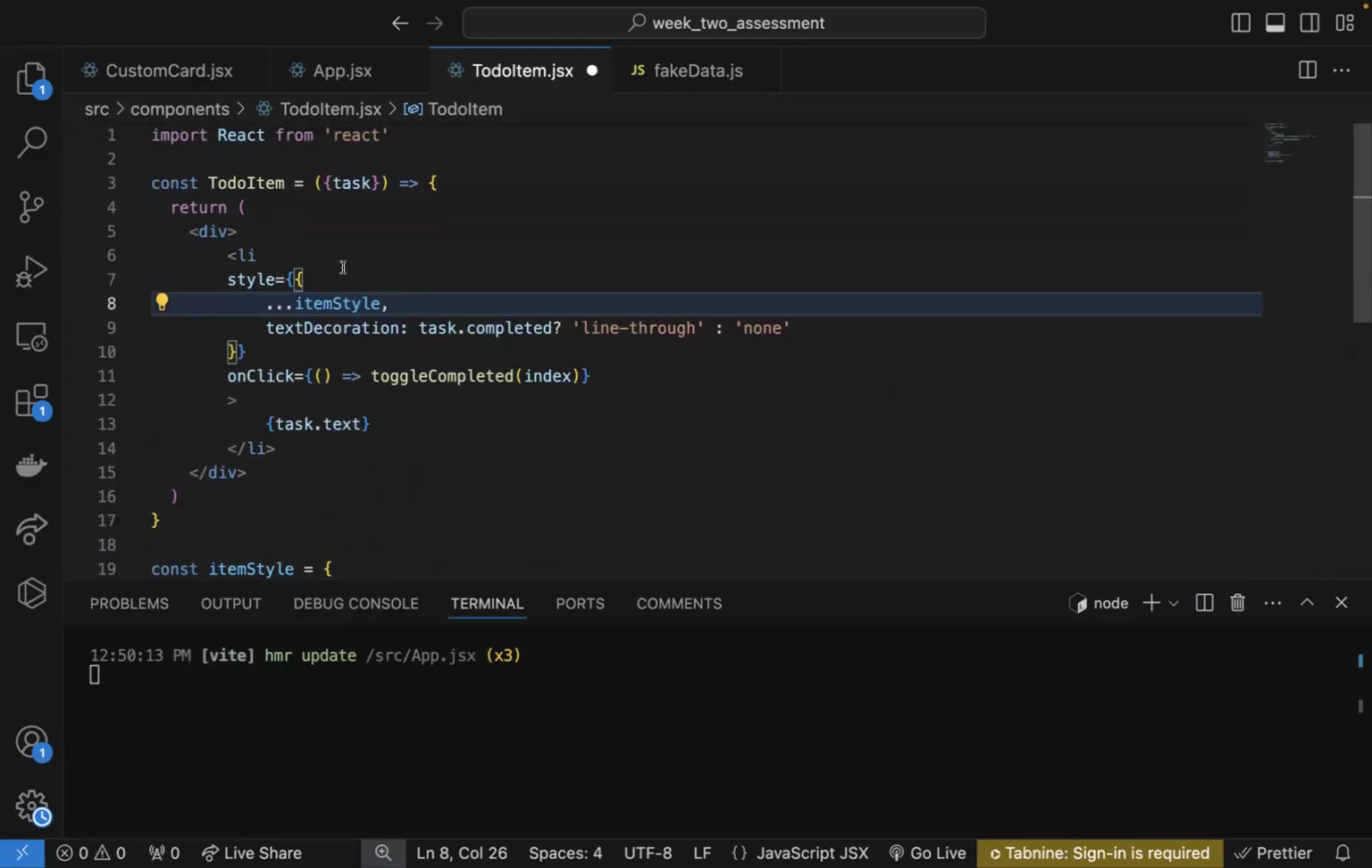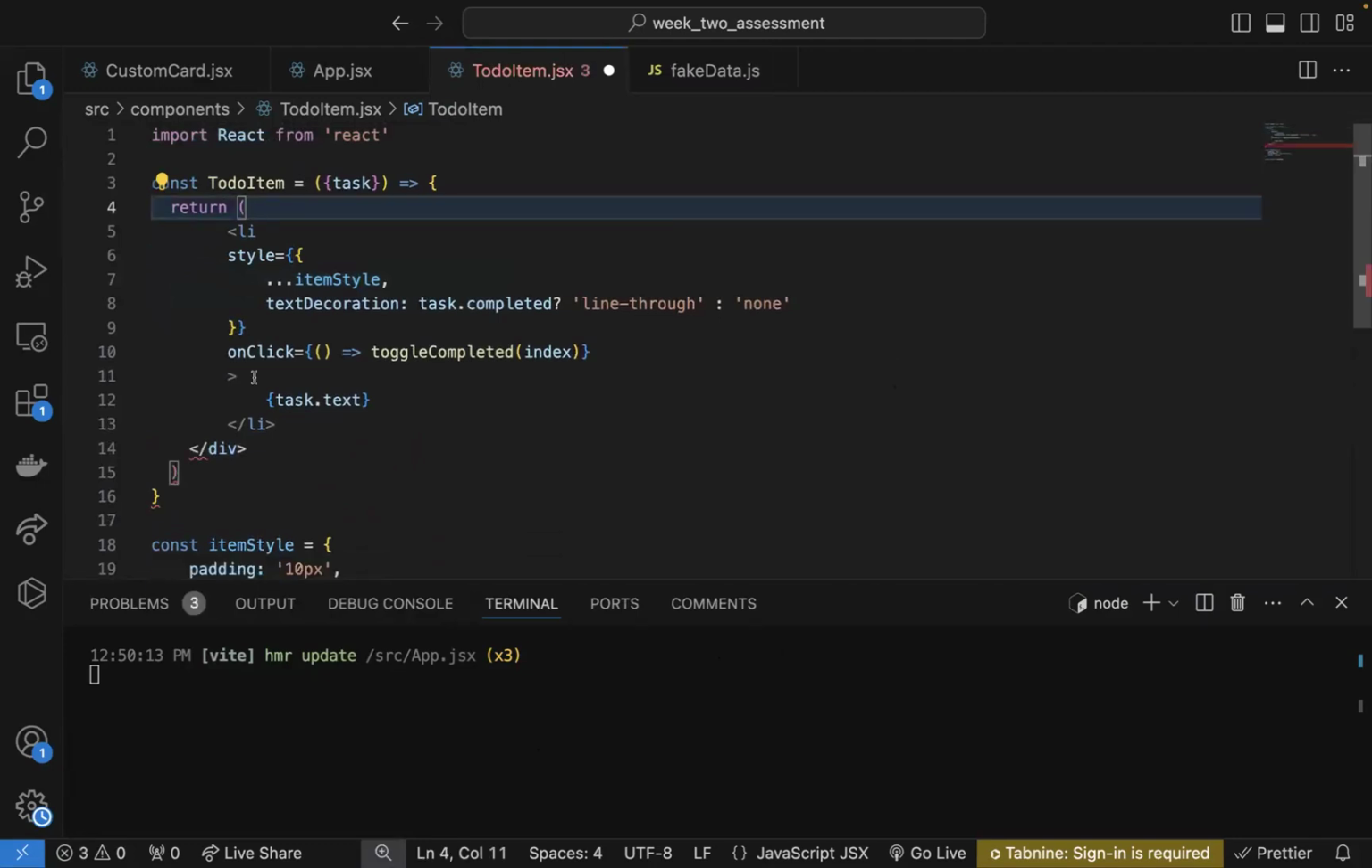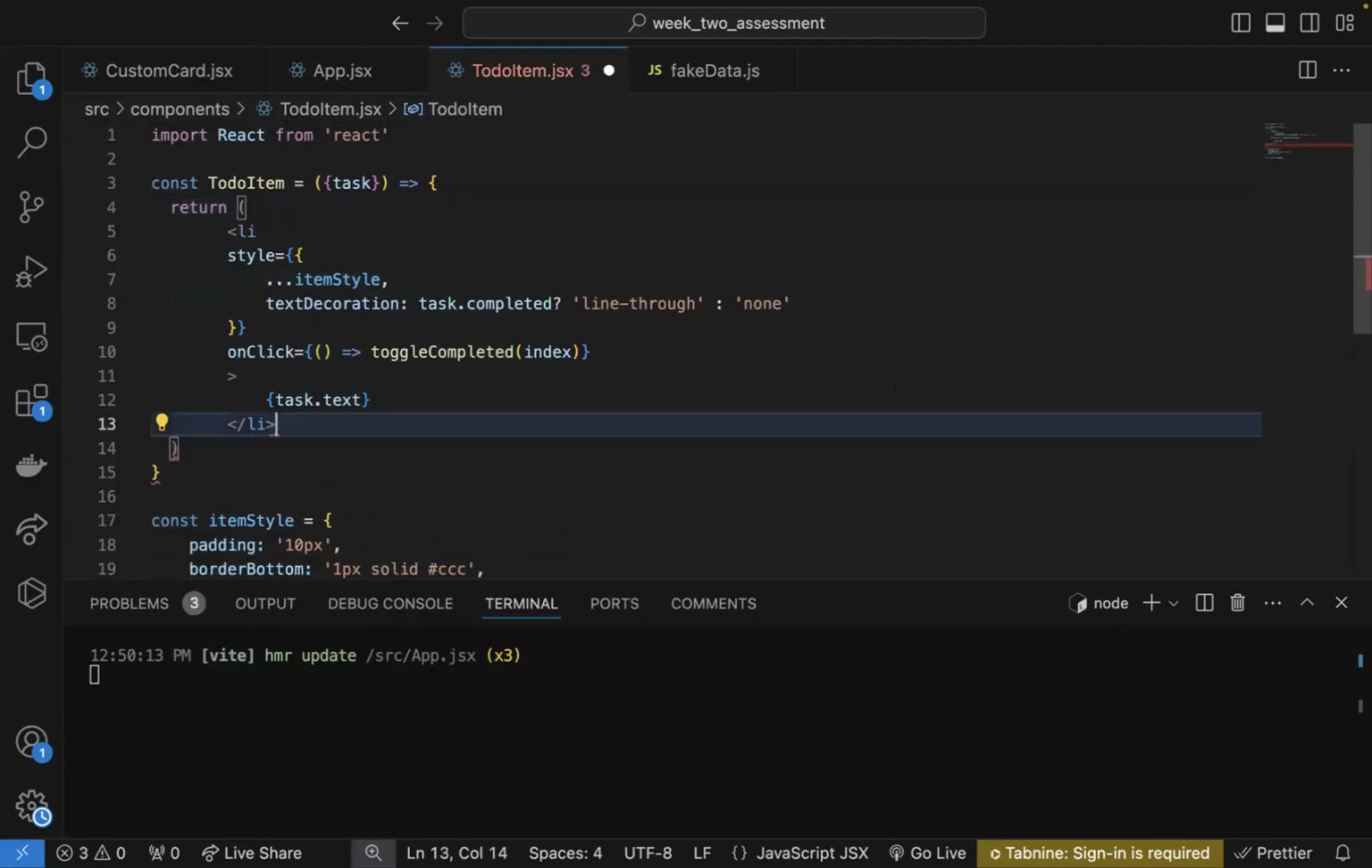But now we want to use this list. If you notice, this is just the LI. There's no UL here. So it's the item itself that we are doing all this for, right? So now what we want to do is